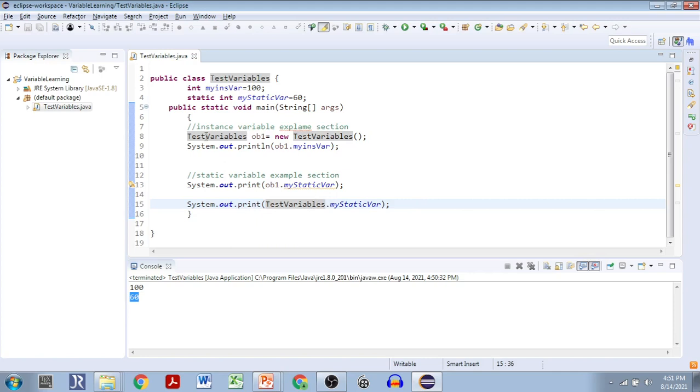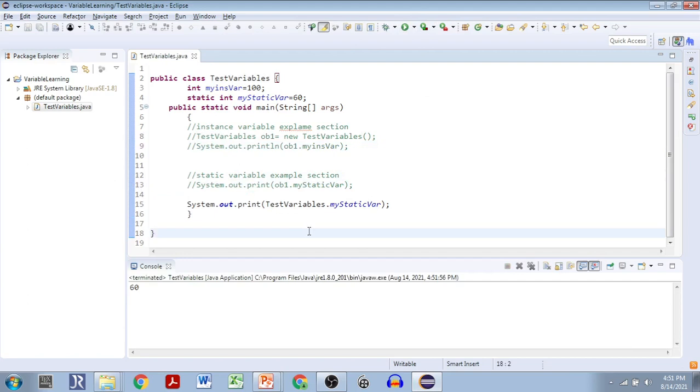If we comment out these 3 lines, it will still execute and give the result 60. Directly the class name dot the name of the static variable is sufficient for accessing it.